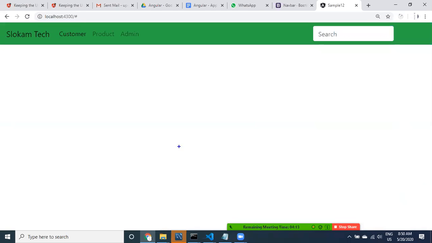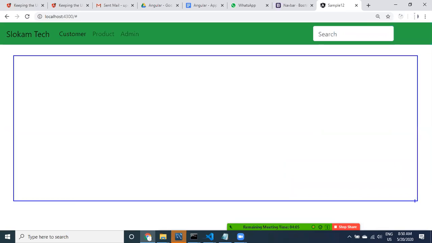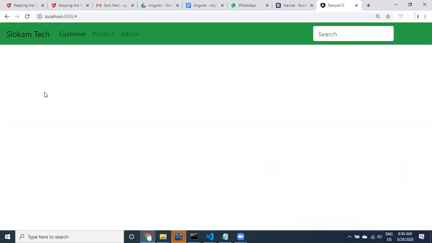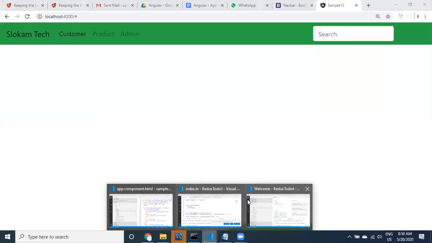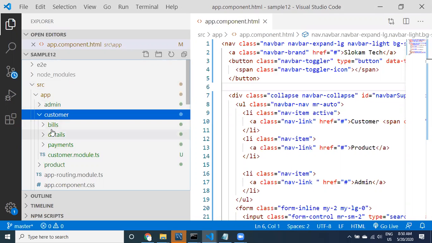If I click here to display something in the router outlet, what do we need to do? First of all we need to provide the mapping. I'm going to provide the mapping first, then the router link, and then the router outlet.